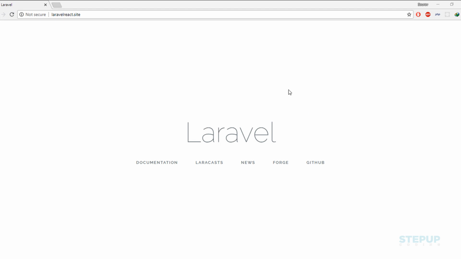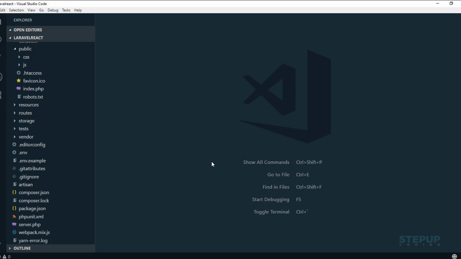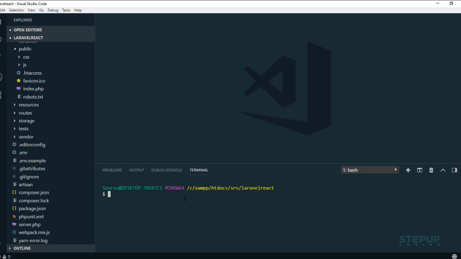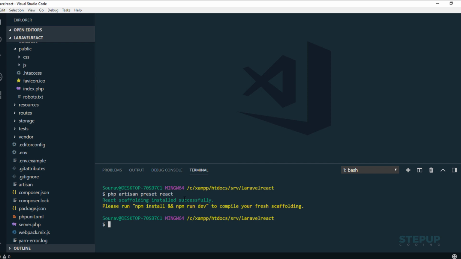As you know, Laravel by default provides only view scaffolding, but as we're about to use React, we need to use the React preset for Laravel. So php artisan preset react. So the scaffolding has been generated, and